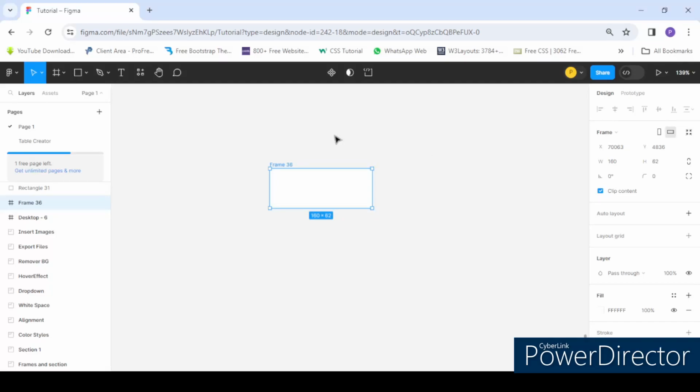So in this video, I will show you how you can create an interactive toggle button. Here I have a frame whose width is 160 and height is 62. First of all, I'll make this rounded. I want the corner radius to be a little bit rounded,